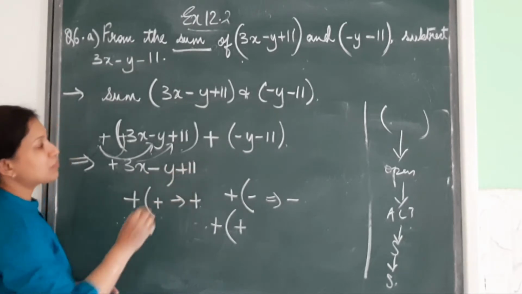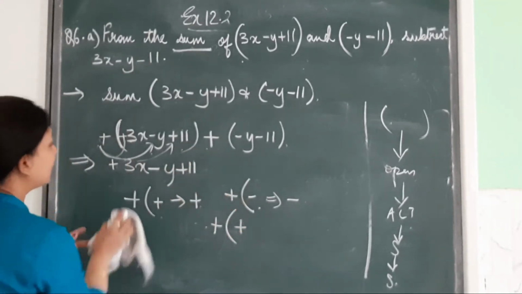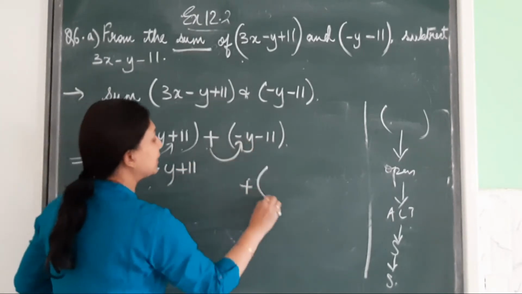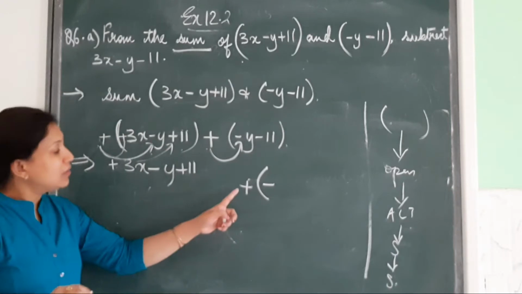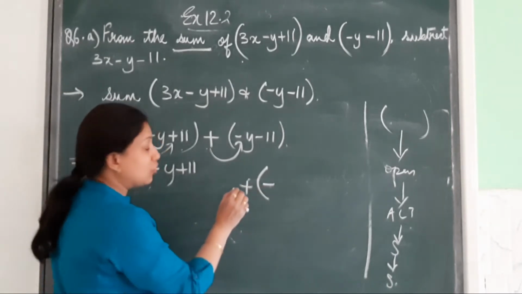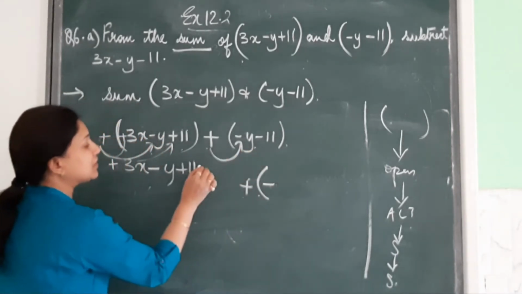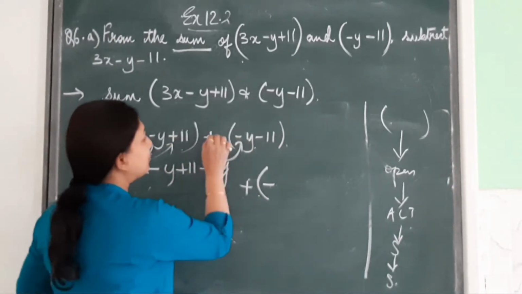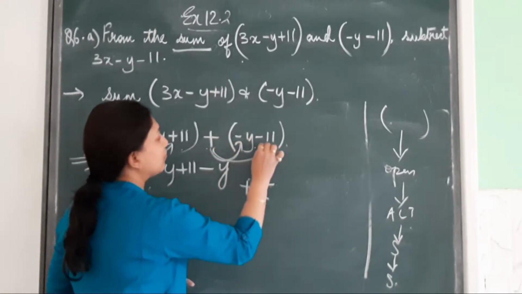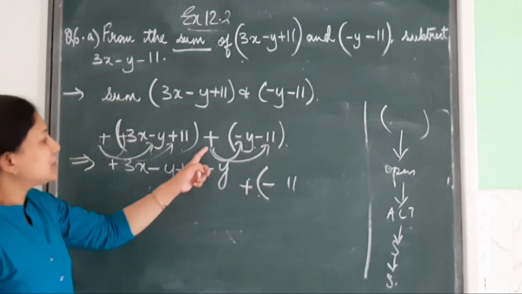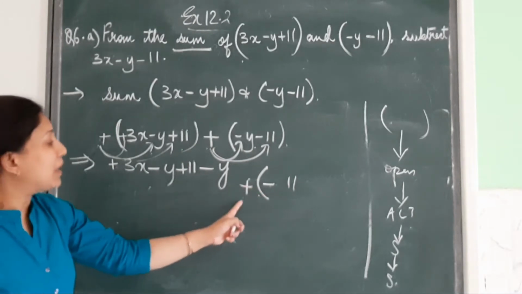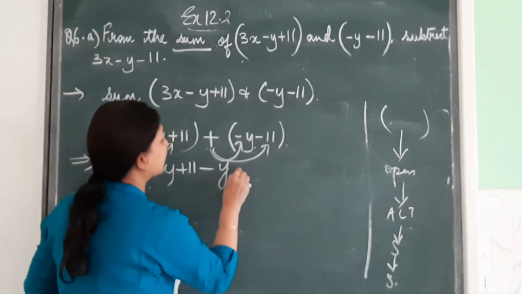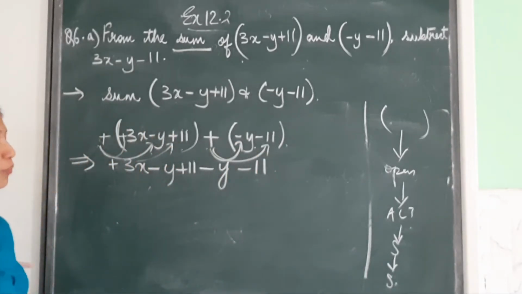Plus 11. Same thing here. Let us see what about the sign for the second one. Plus meeting minus y. Plus into minus, difference in sign, copy the term with minus. Now again, plus will meet minus 11. But plus will only meet minus. Multiplication of these two signs, different signs, will give you a minus sign, negative sign. So see, we have opened the bracket.